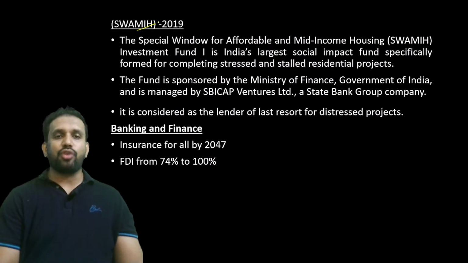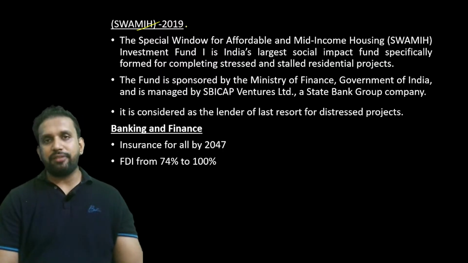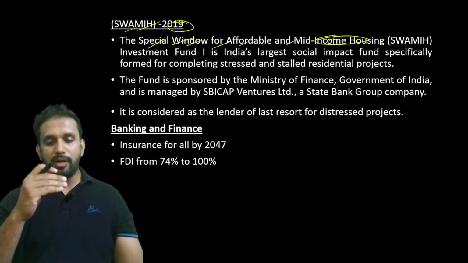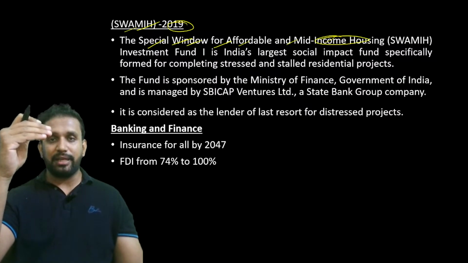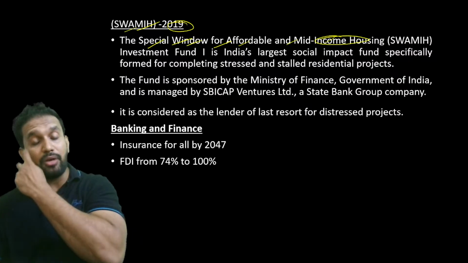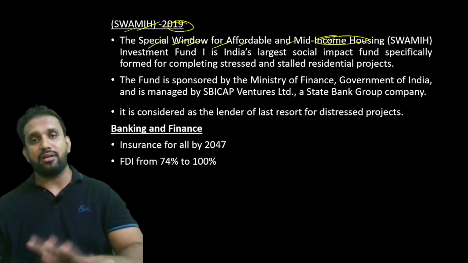Then we have SWAMIH. This particular scheme was launched in the year 2019. The full form is the Special Window for Affordable and Middle Income Housing. Middle income is nothing but the people who come after the poor and low income class. Under this scheme, middle income housing will be supported, for people who are earning around